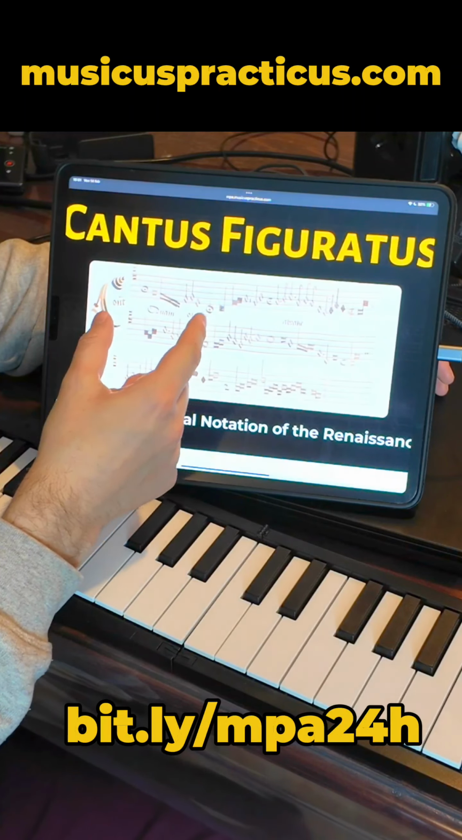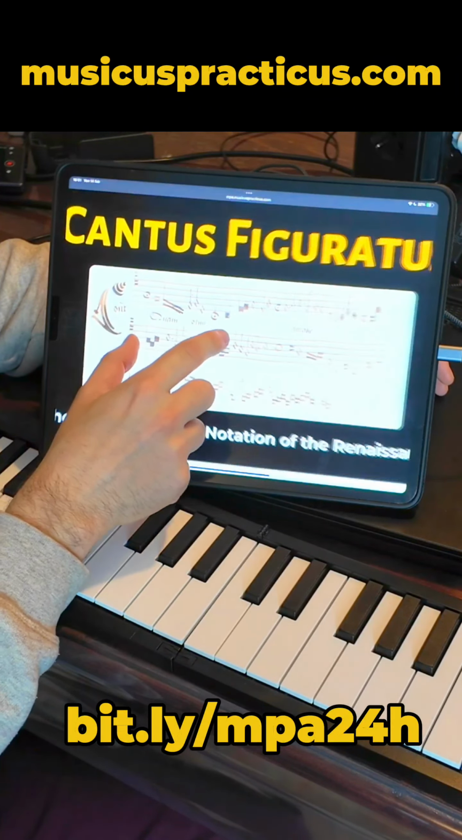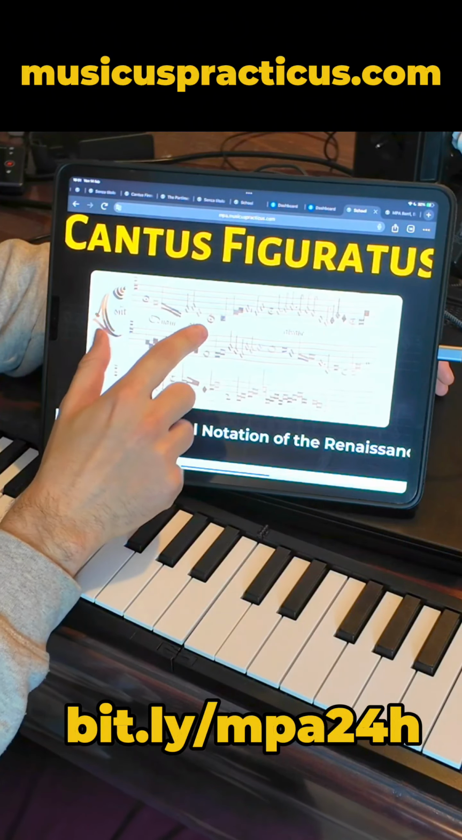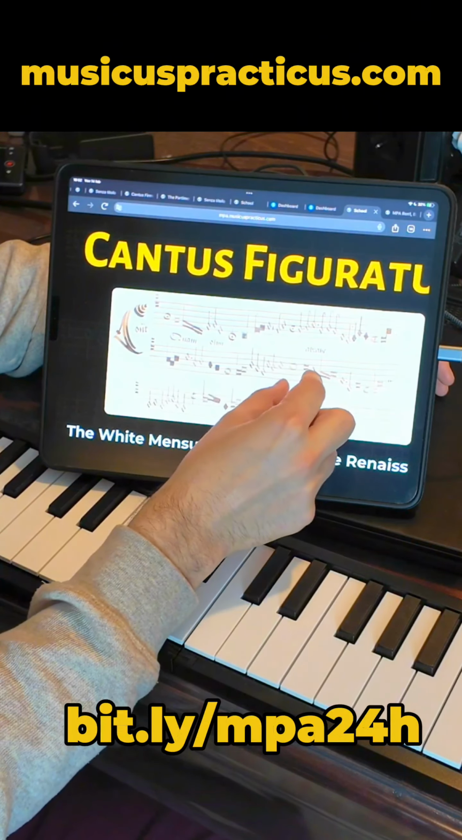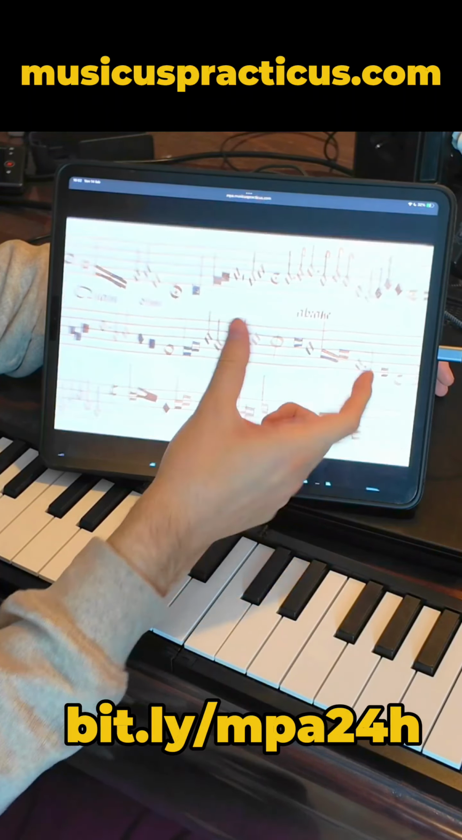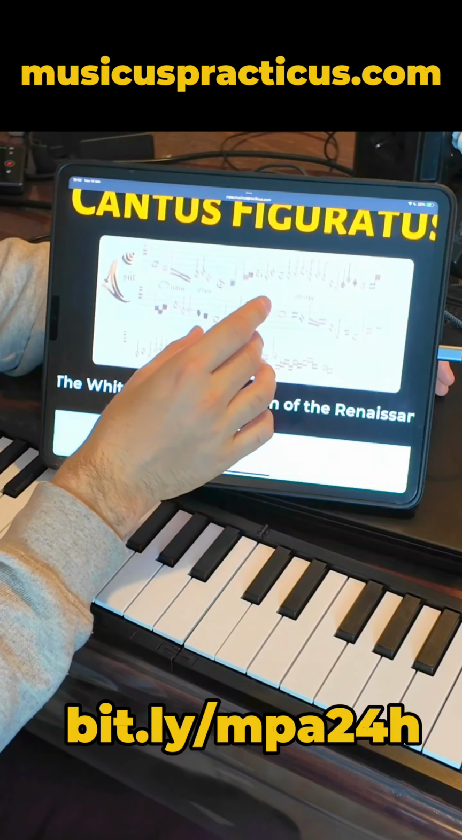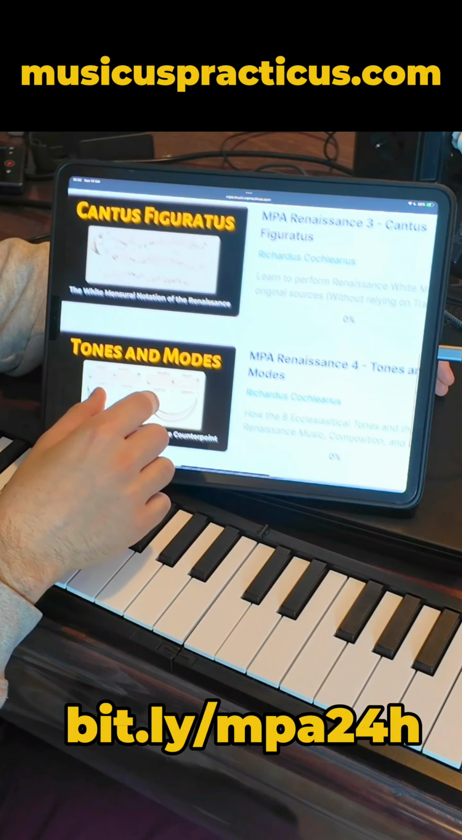So you learn the mensuration, how to read the mensuration, how to beat the tactus, how to change from the tempus perfectum prolatio perfecta to, for example, this tempus perfectum, but the prolatio is not perfecta, it is imperfecta, with the cut, without the cut, the signa contra signa, and then tones and modes, which is another big course